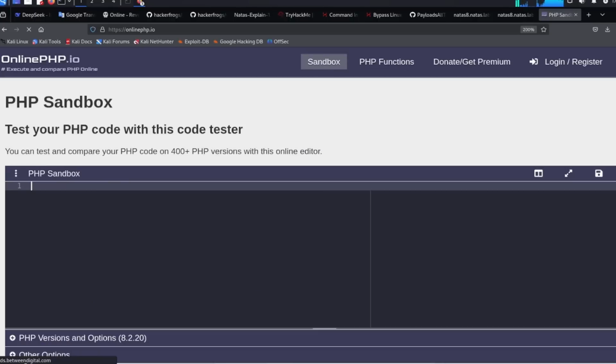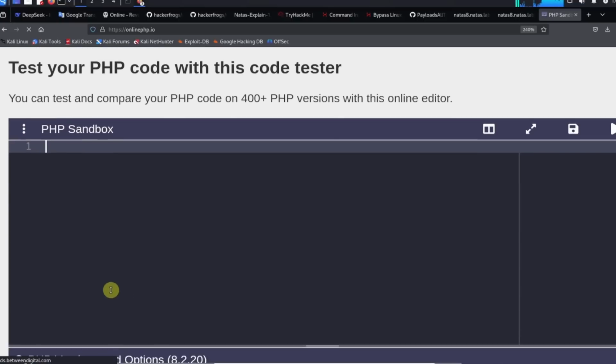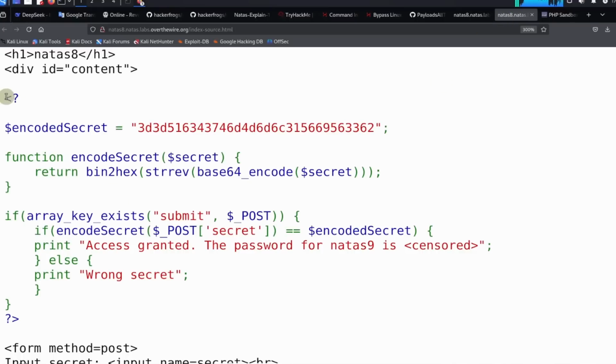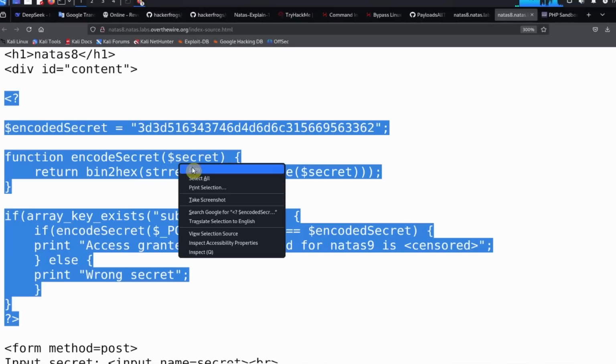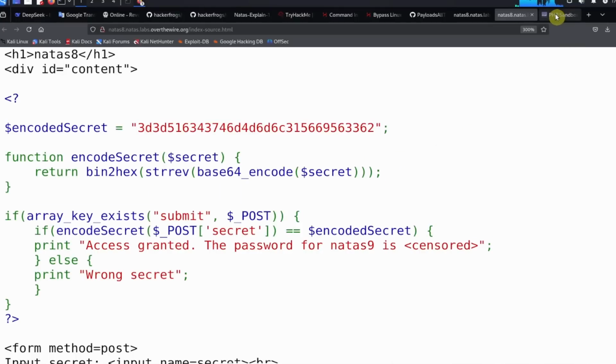Okay, let's make this nice and big so that we can all see what's going on. What we're going to do is paste in the code from the challenge and try to reverse it. So we're just going to go over to the web page here, get everything, copy it. We're going to go over